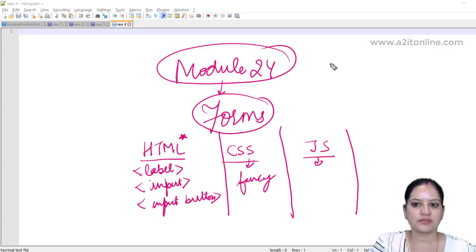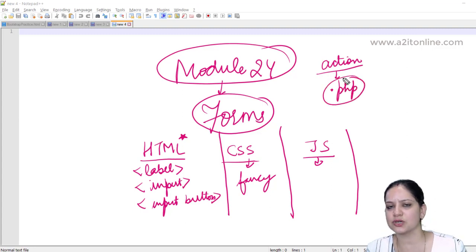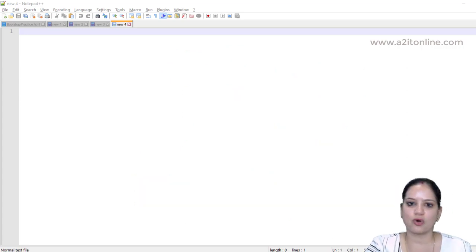And in all these forms, students, whenever you create one, you will always have an action. And what will that action do? It will link your form to a .php file. This PHP file will take all the information that you have given in the form, combine it together, and help you submit the details, whatever the user has entered. Another application of the form could be